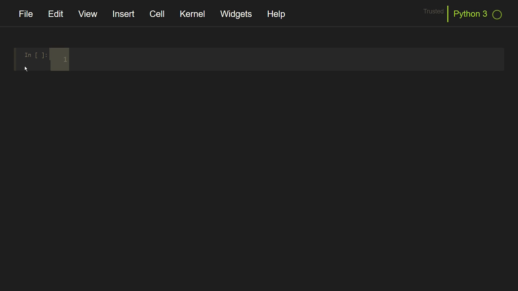The next function is the super function. This function is useful when we have inheritance of classes and the child class has overridden the parent method. So let's create this scenario. I will create a parent class and I will define a function inside this, f with self, and inside this I will print parent class like this.